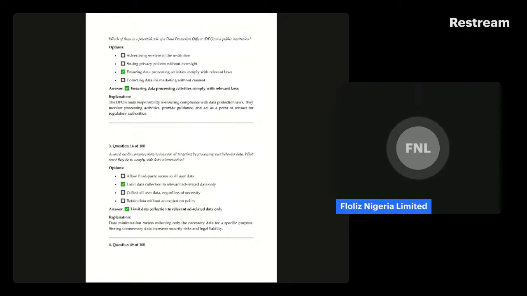We just have to do this as a complimentary service to make sure that all our candidates pass. And we wish you good luck. And if you have any difficulty, you can reach out to the team. We'll support you in any way we can. And don't forget, you have to take this mock to be familiar with the environment. It's very important. So thank you and